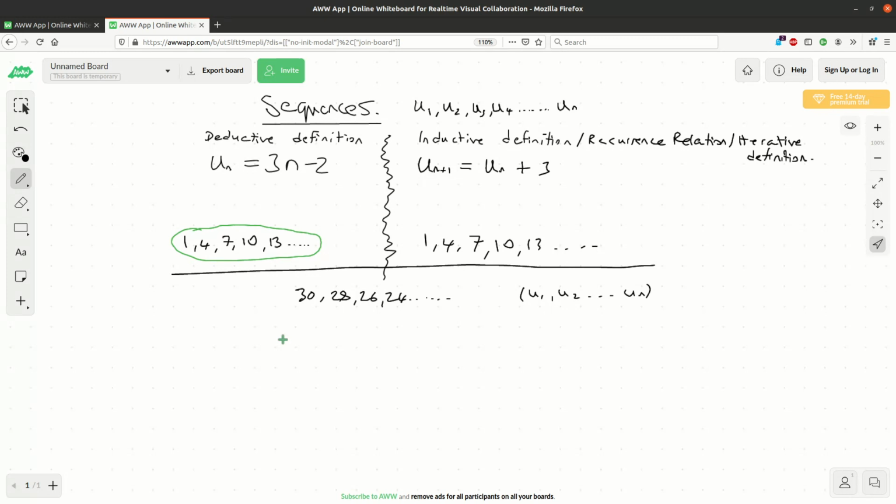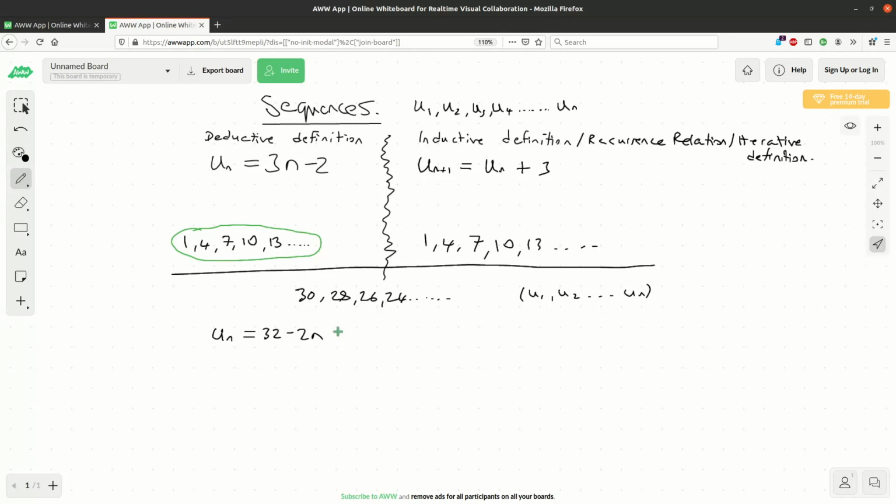It's basically because it's just like the negative 2 times table, but starting from 32, because then when n is 1, you get 30, but when n is 2, you get 28. When n is 3, you get 26. And so that would be a deductive definition, or they'll probably refer to it just as an nth term definition